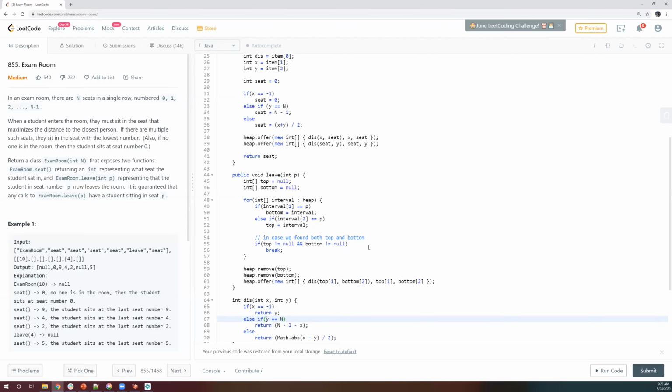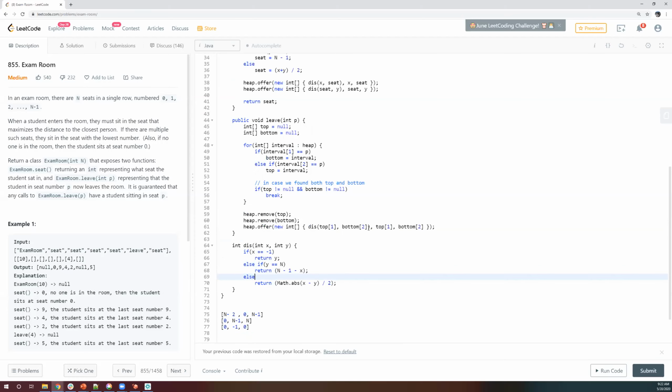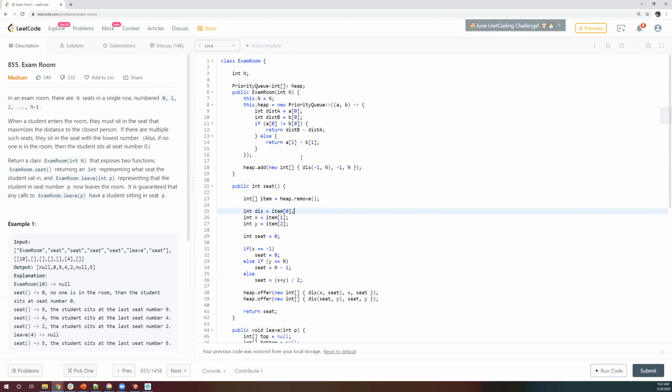What would be the brute force here? Brute force would be to keep on finding every time. You don't use a priority queue, but still maintain your list, split into 2 parts, and iterate the entire list to find the best one. In C++, you use a vector for all the seeds. The first time you push 0, and the second time push n minus 1.